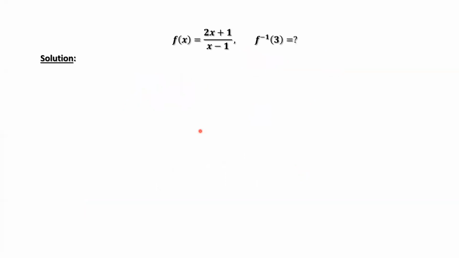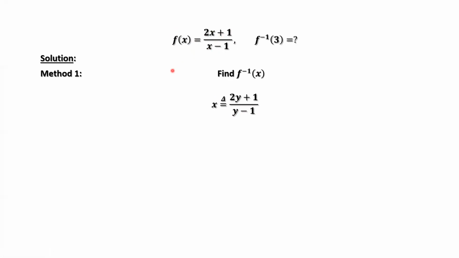First method, we want to find the inverse function first, then plug in the x value. We define x equals (2y plus 1) over (y minus 1). Look at this definition for f of x. f of x is the y value. Here we have x. Now we want to find its inverse.